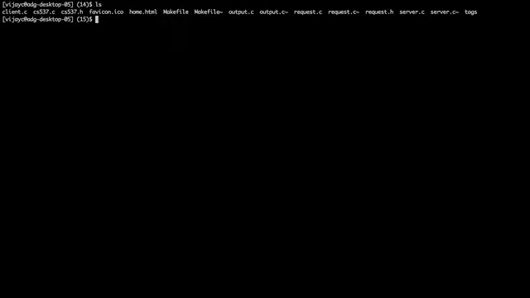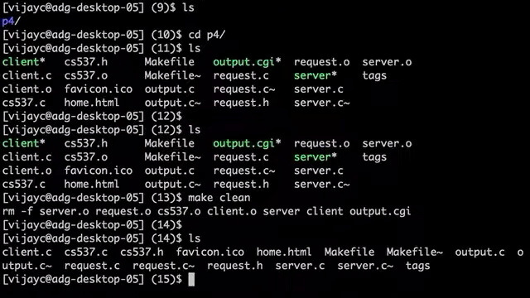In 537-2/public, there's a folder called P4 which has all the files that you require for a very simple web server.